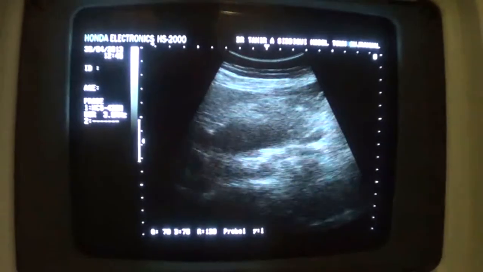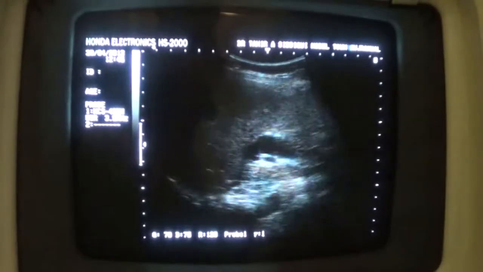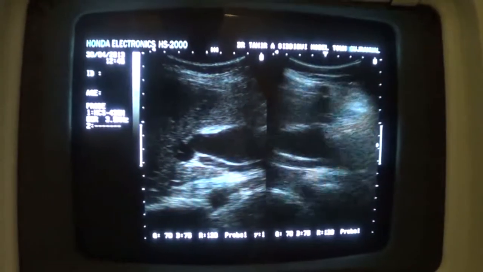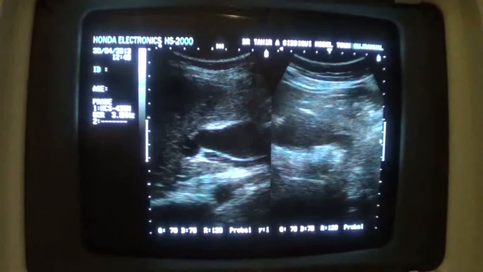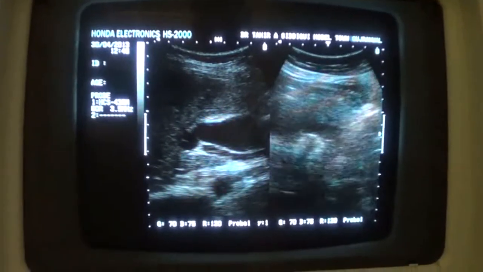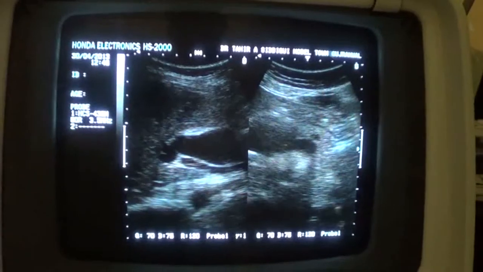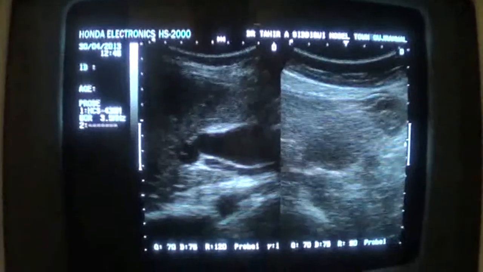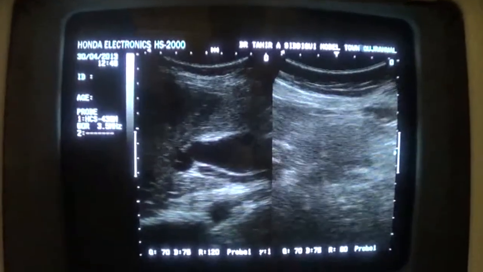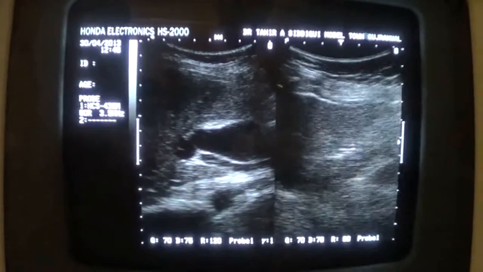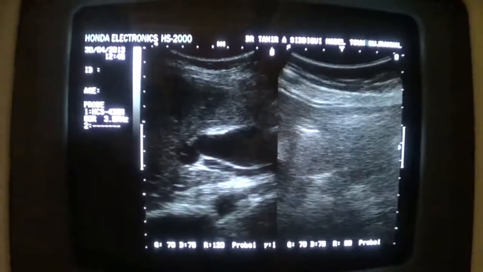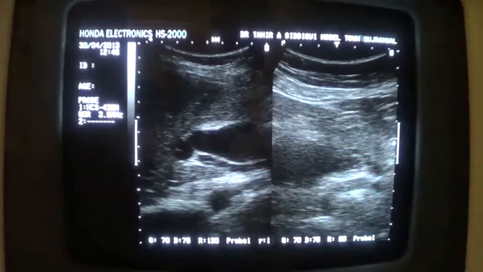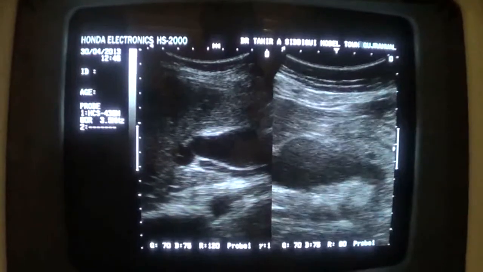And here we come across a tubular structure that you are seeing is the common bile duct. Now here again the common bile duct is dilated, and we can trace it up to the head of the pancreas. We can trace it up to the posterior inferior surface of the head of the pancreas. Here it is.